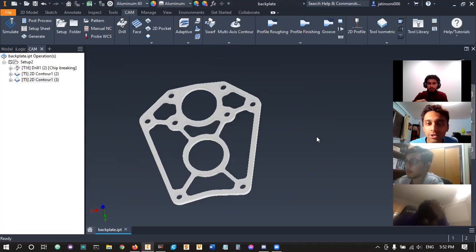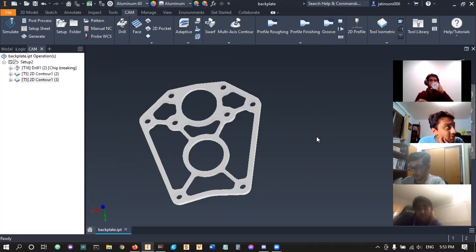Also, real quick, I can just explain the usage of lead-ins and lead-outs. I remember John roasted me for not knowing why, but basically the whole point of having a lead-in and lead-out is mainly for the final contour, because it makes your final pass as smooth as possible. But what it means by that is, Justin, could you make it so that